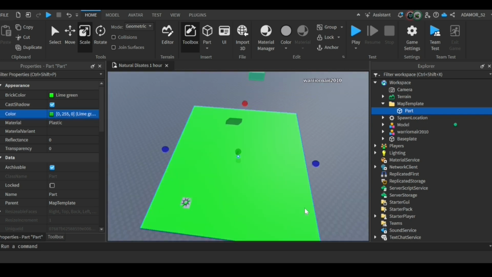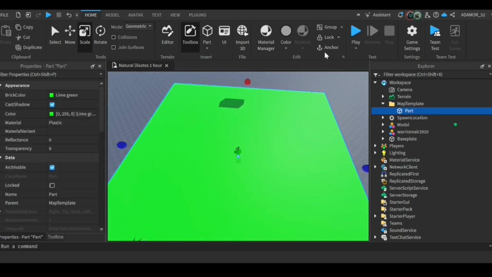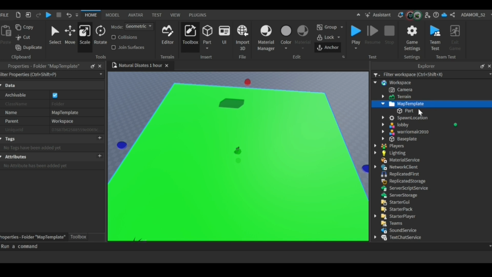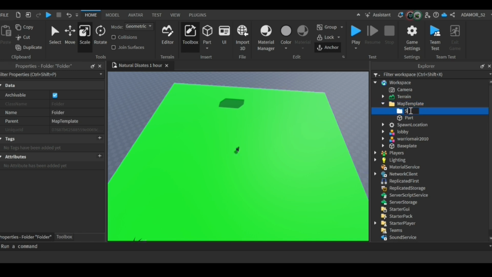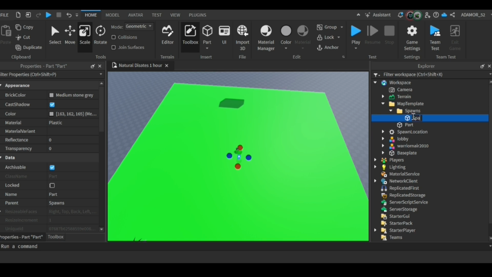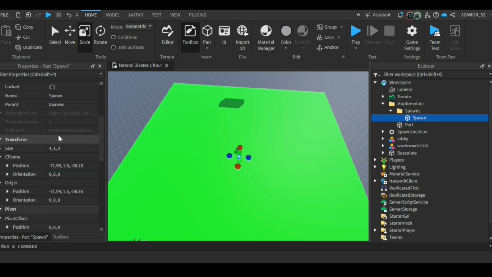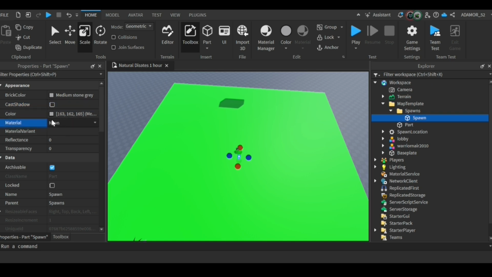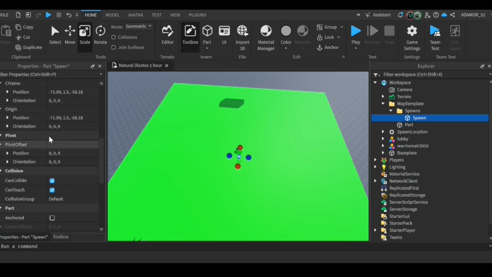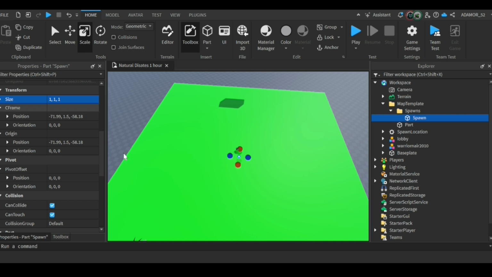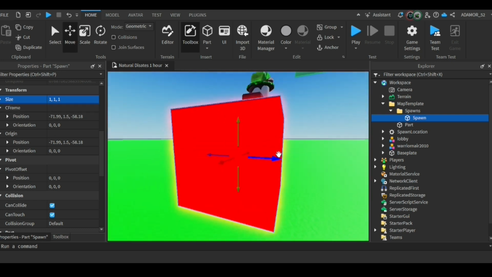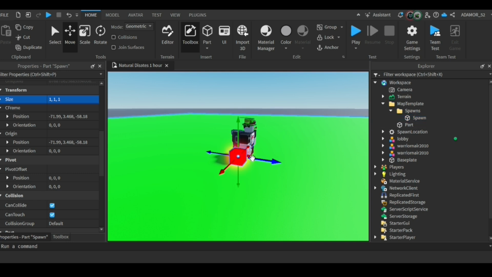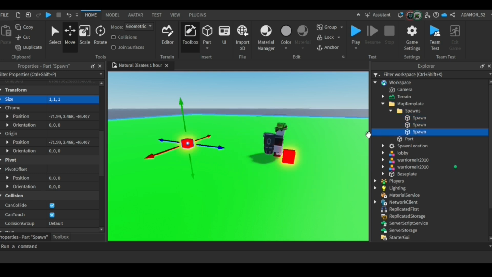I will give it a green color and create, and then add spawns folder. So folder spawns, and let's insert some parts. Let's rename it to spawn, and let's cast shadow off. Let's change it to neon, and the color will be red, and the size will be 1 on all axes, and we can put it there, and we can basically duplicate it as much as we want, but we will